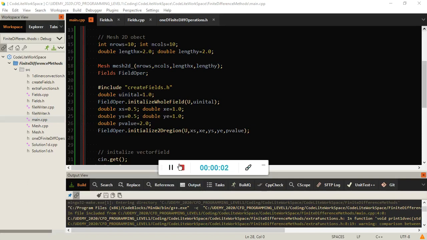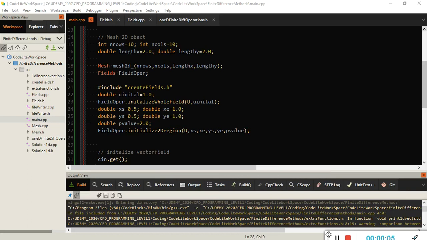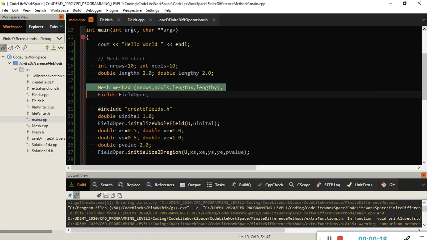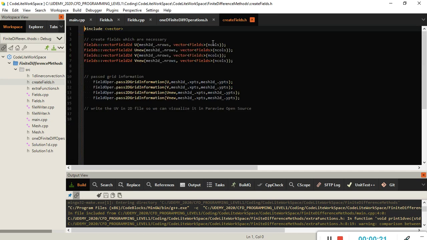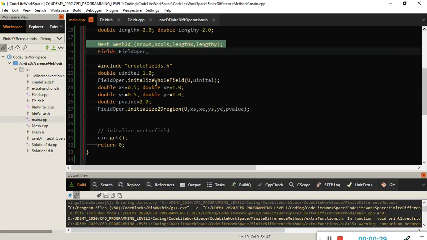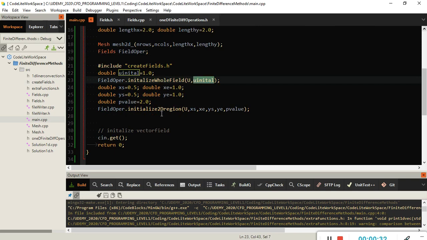Hello again, and we'll be continuing the 2D convection equation using C++ object-oriented methods. And if you remember, last time we created a two-dimensional mesh, two-dimensional fields, and we passed the grid information to them, and we implemented a couple of functions to initialize a whole field to a single value and initialize a region of the field to a specific prescribed value, and